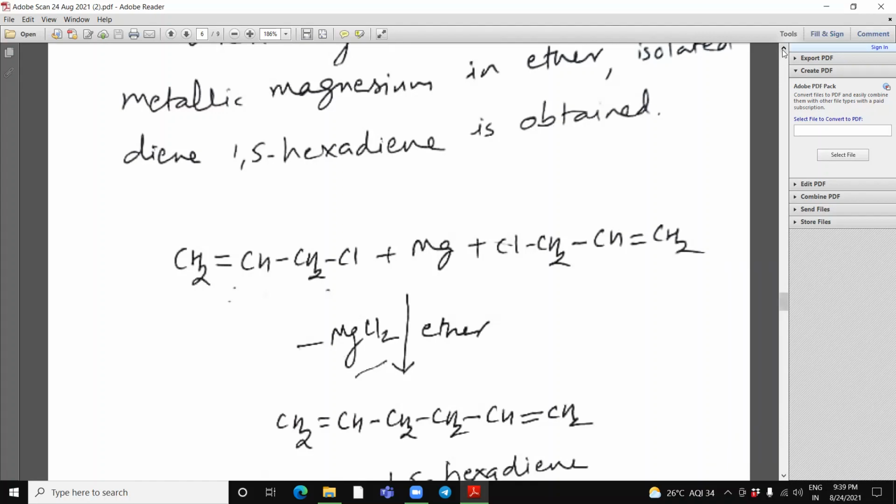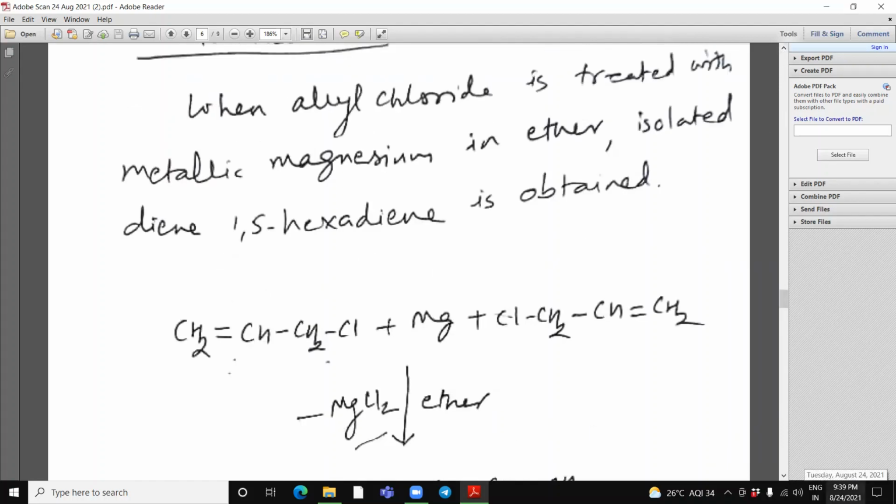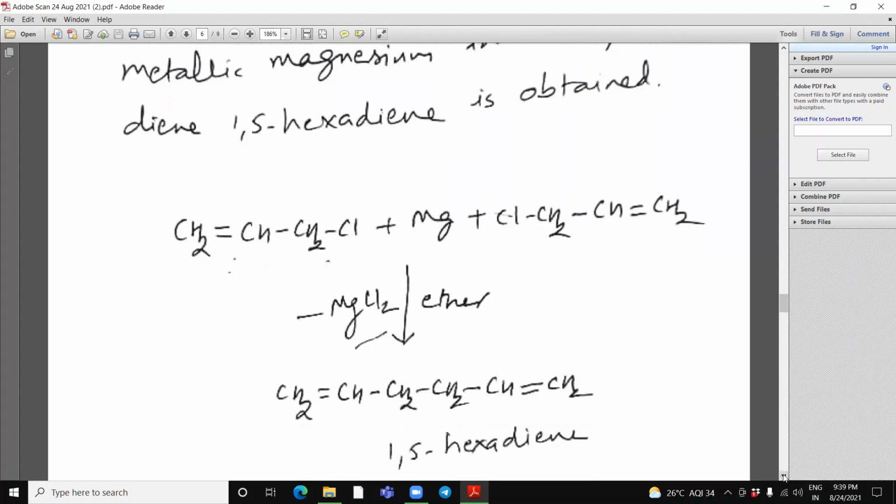It is called allyl chloride, or we can take allyl bromide. We can extend the length of this carbon chain, and when treated with magnesium, it will give us magnesium chloride. In presence of ether, it will produce